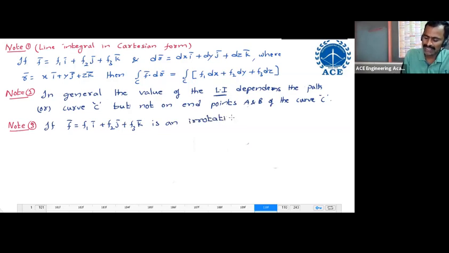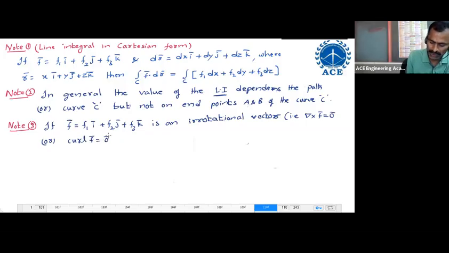Irrotational means curl is 0 bar only. Irrotational vector, that is, del cross f bar equal to 0 bar, or curl f bar equal to 0 bar, or